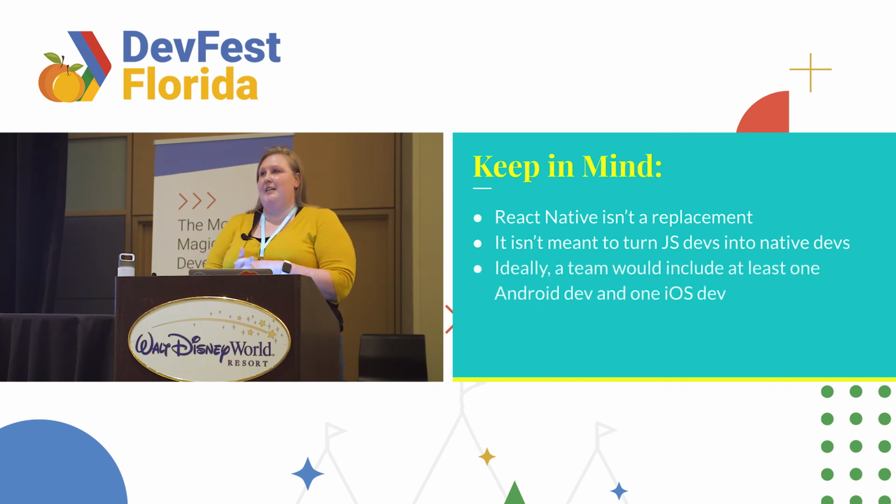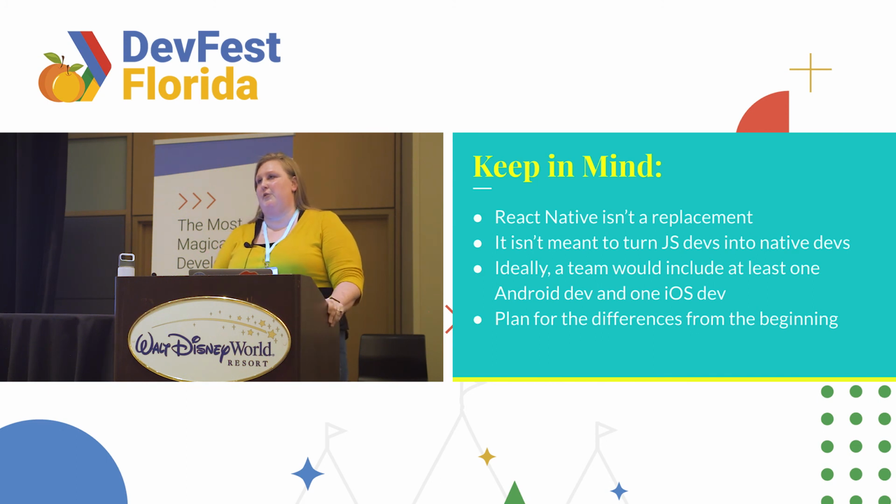I think ideally a team would have JavaScript developers, and then you'd have at least one or two, like one Android and one iOS dev, that would go in there and do that cleanup. When you needed to do something in it, they were there, they could clean it up, they could make sure it was all working. And this is where I think some teams and some organizations, and I'm not exactly sure if this is what happened at Airbnb, but part of how it came across was that they were trying to combine it all together, when they still need to have those teams, they still need to have that separation.